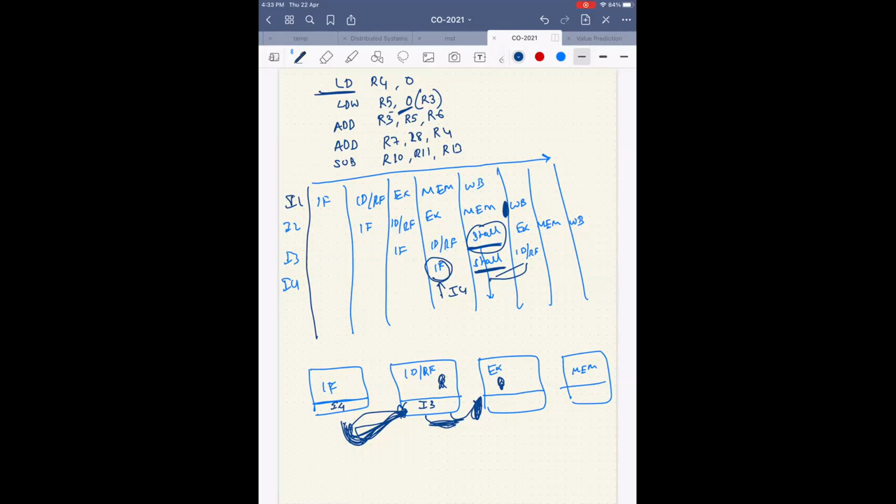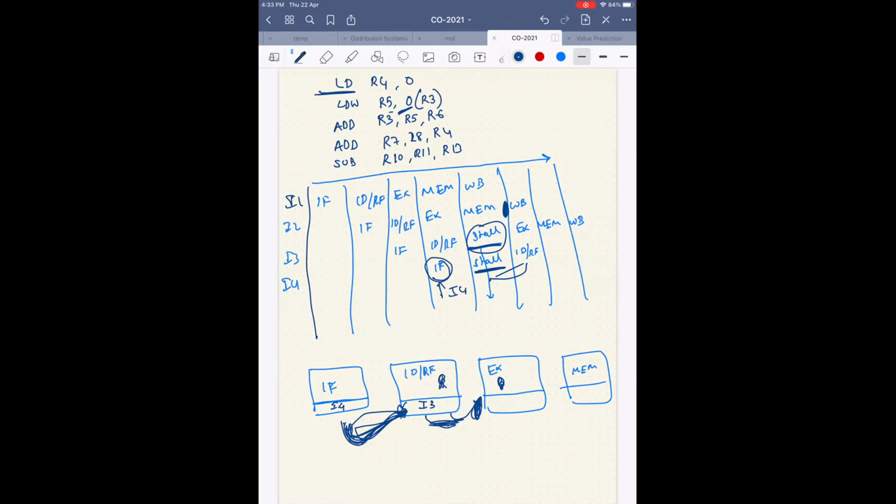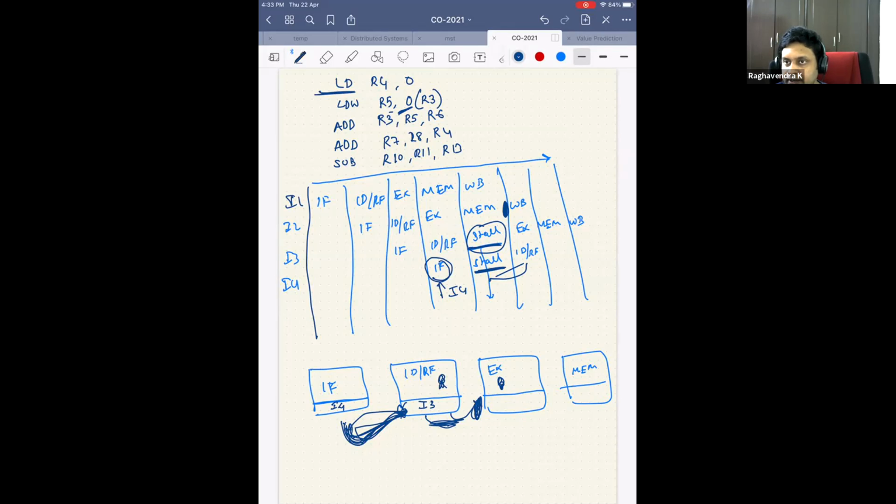Because in that particular cycle, it will not fetch R4 because it is still being written. Then it is a stall because of that reason. You should not again crash your system. But operand forwarding is enabled, so it need not worry about that. It can completely execute it. Then also it will not crash, right?